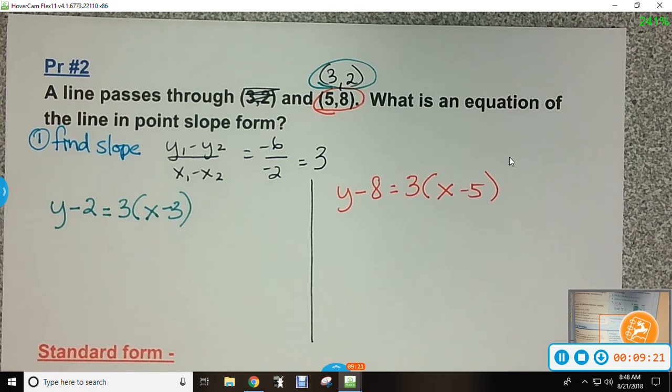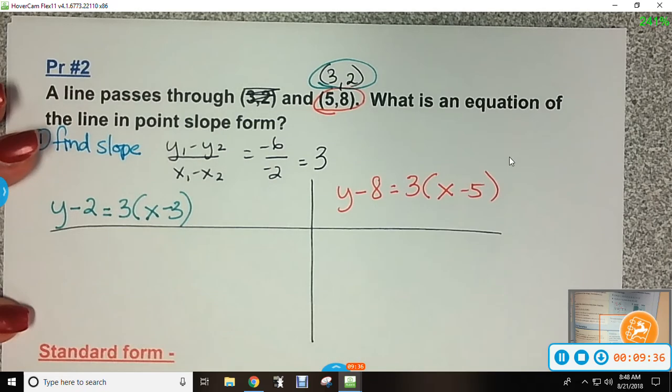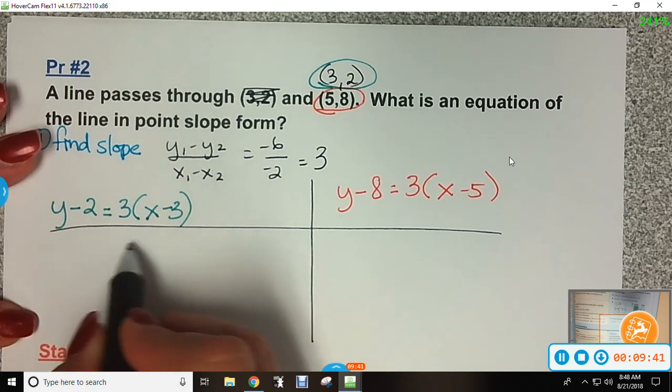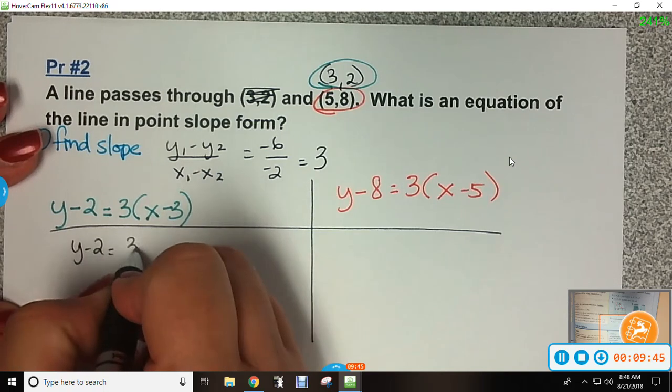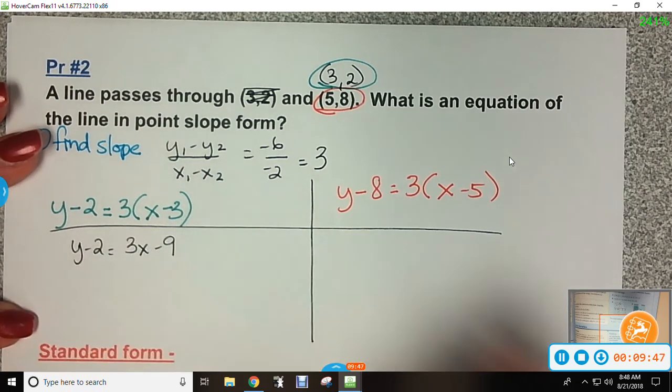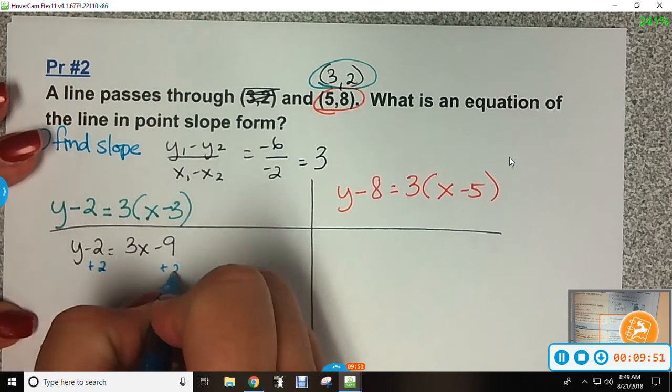Okay, your book didn't ask us to do that, but we could. Okay, so I'm going to go ahead and do that for both of them just to show you that the slope-intercept form will be the same. Like I said, this is not part of what your book asked, it's just something extra we're going to do. So what I'm going to do over here is distribute my 3. So I've got y minus 2 equals 3x minus 9. Then I've got to add 2 to both sides,